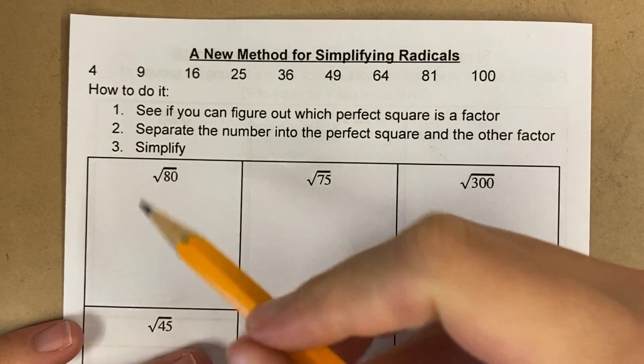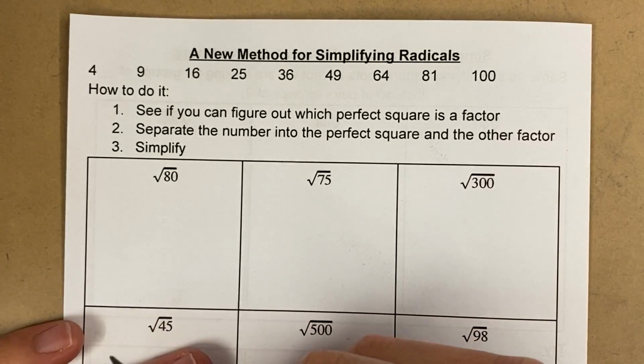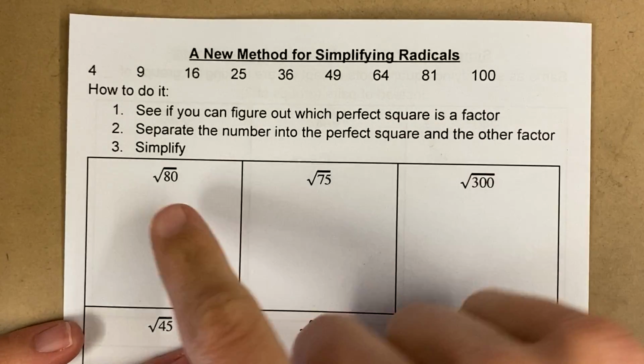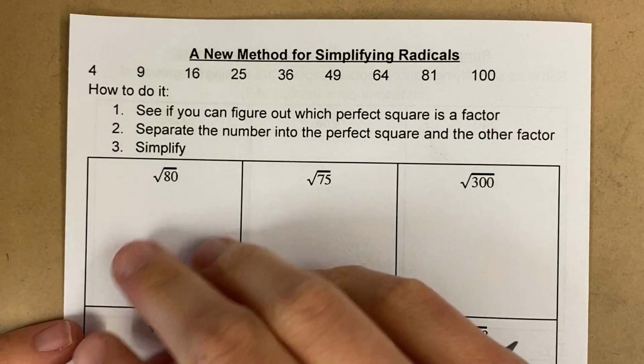The method that I taught you to simplify radicals, where you factor all the way down to the prime factors and then look for doubles, works, and it'll work every time. But there's a way that is shorter. So for example, I can look at this and simplify it in my head right away, because there's a shorter